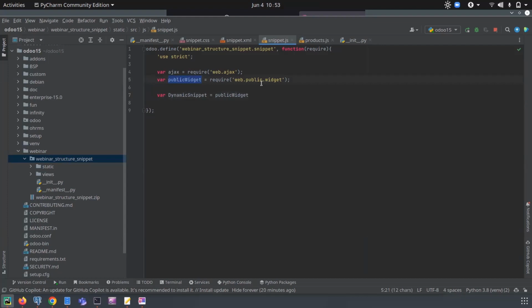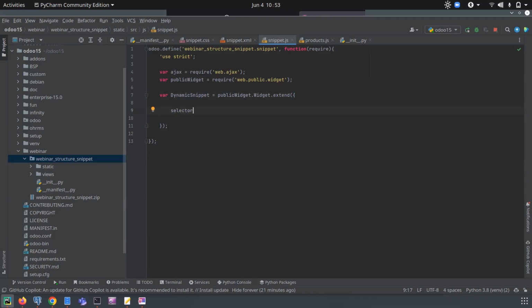Then from the public widget, we can get the widget and extend it to create a new widget. Inside this, there are some keys we have here. What we can give first is the selector. So the selector is